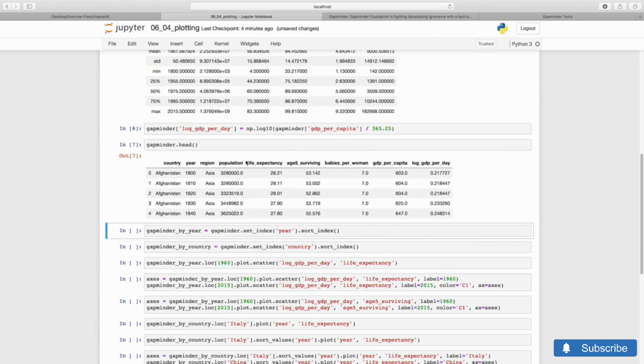To see global trends as a function of time, or to examine individual countries, it makes sense to index by year and then country. We will have two versions of the data frame with those two indices. Pandas has its own plotting interface, which focuses on choosing the variables with which to plot. Say, for instance, we want to show life expectancy as a function of log GDP. So we select data for 1960 with .loc, and then generate a scatter plot of those two variables. It's sufficient to give the column names to Pandas.